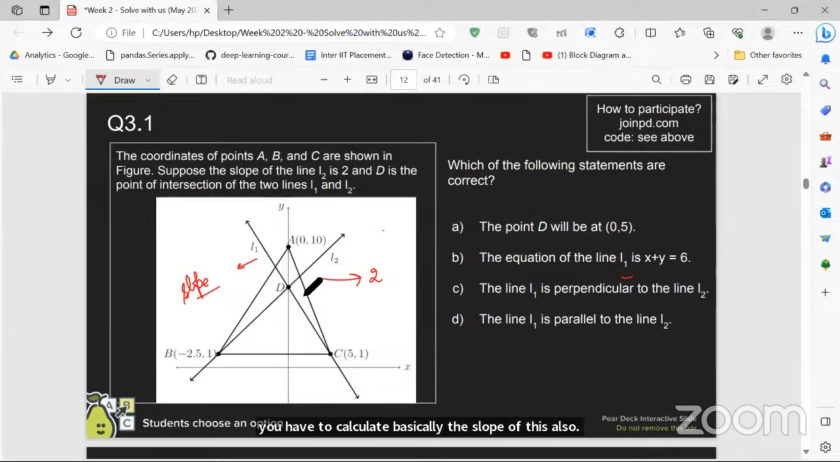L1, you have been given one data point. The other point will be D. D, you can calculate it from L2. When you have D and C, then you can get the straight line equation of L1 also. Then you can check whether it's parallel. It's not parallel for sure, because it's parallel. How can